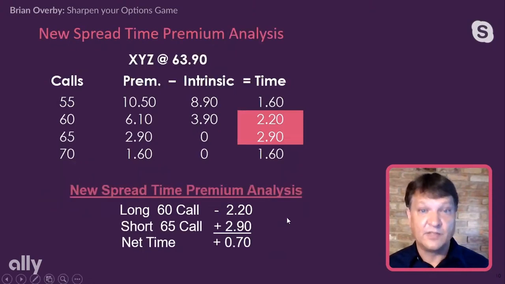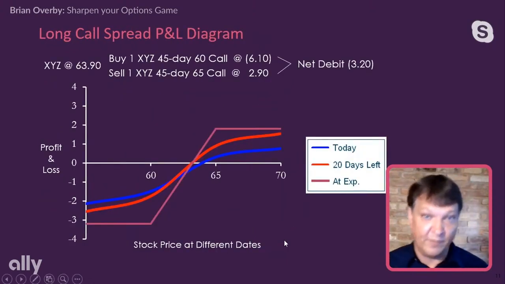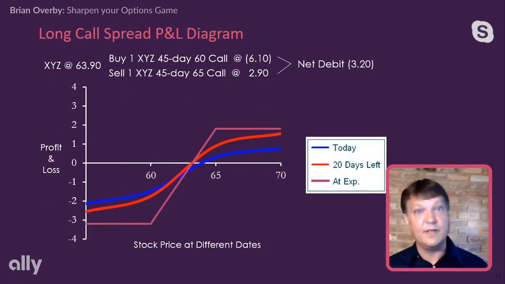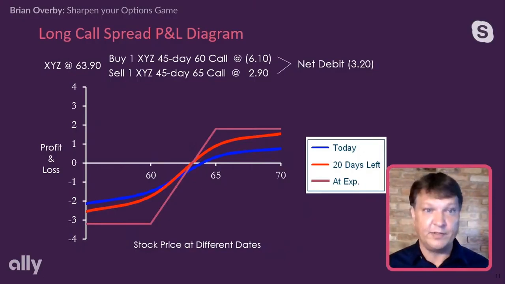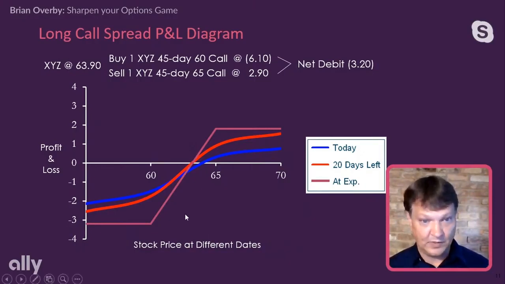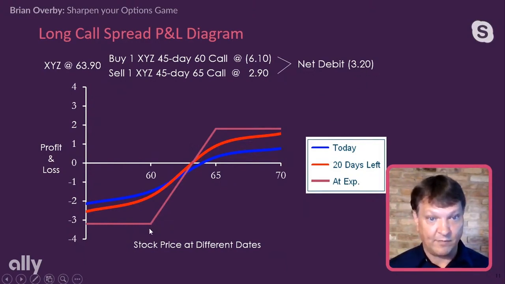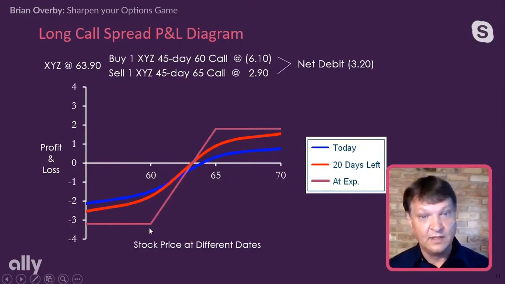All right. So what does this mean, first of all, in spread trading? I'm assuming this is our first foray into long spreads. If I'm looking at a long spread trade, here's what I have. We have this trade that we're highlighting, the one where we paid a net debit of 320 to the account. If we look at our profit and loss graph at expiration, which is the Ally Invest plum color here, from 60 on down, the max loss is that 320.